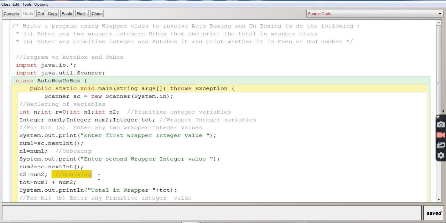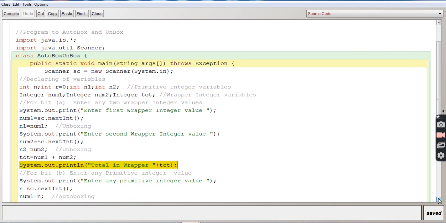So n2 will have 5, n1 will have 7, and the total will be num1 plus num2, that is adding the wrapper integer variables. So num1 is having 7, num2 is having 5, so 7 plus 5 is 12. That 12 will be stored in the variable tot, and tot is again a wrapper integer variable. So the total will be printed over here, 7 plus 5.